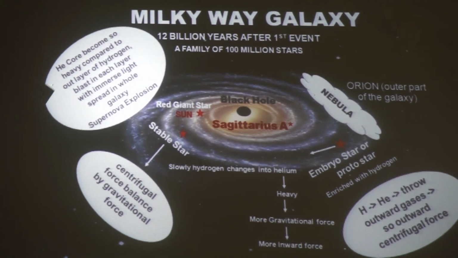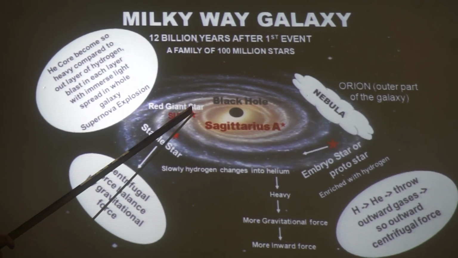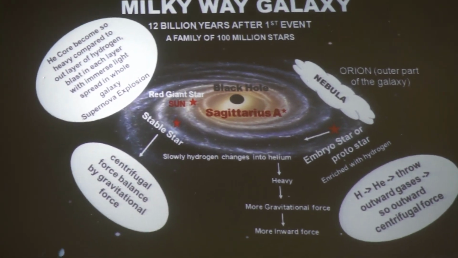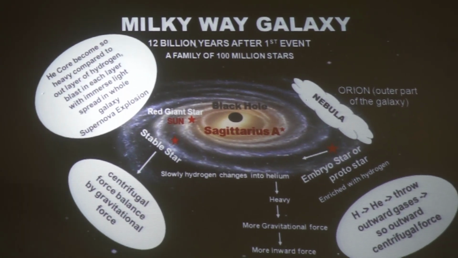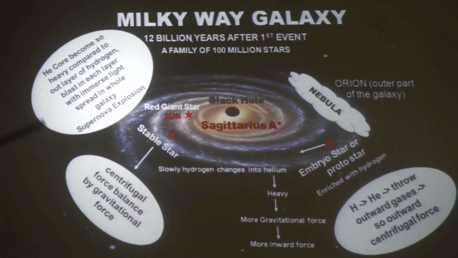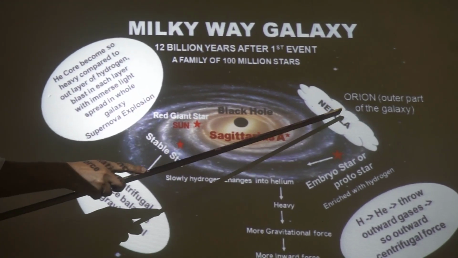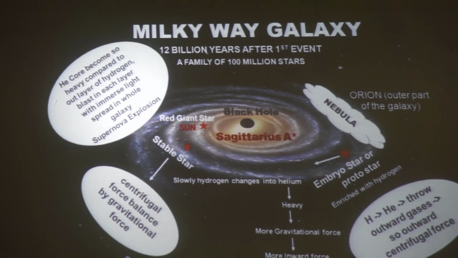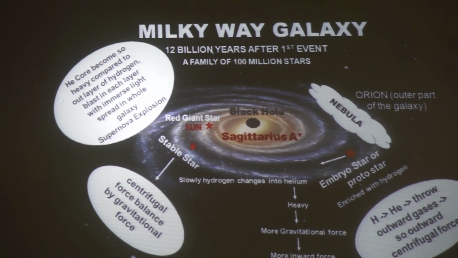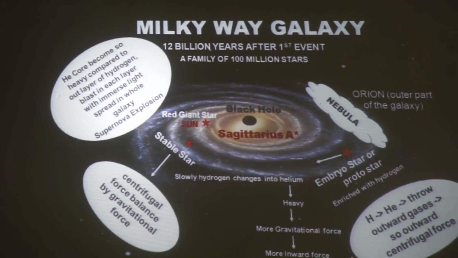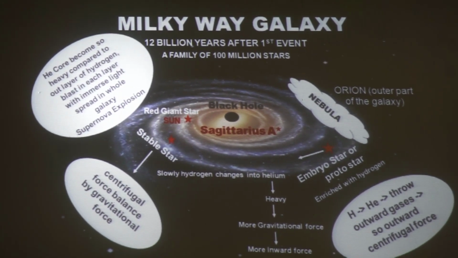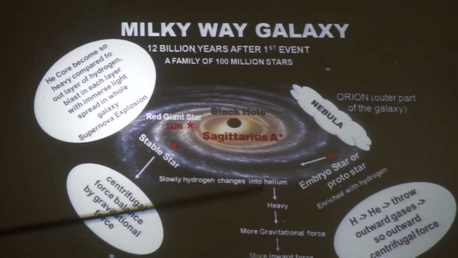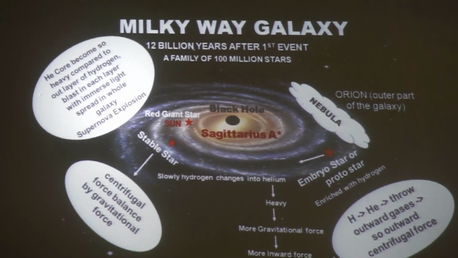So after 4 billion years, the gravitational pull of the black hole will engulf the sun, and finally the sun will die, and it will fall into the black hole. So the journey of a star starts at the outer arm of the galaxy, and finally the star is engulfed by the black hole. Right? Let us go to the next slide, and the next slide will decide whether a nebula becomes